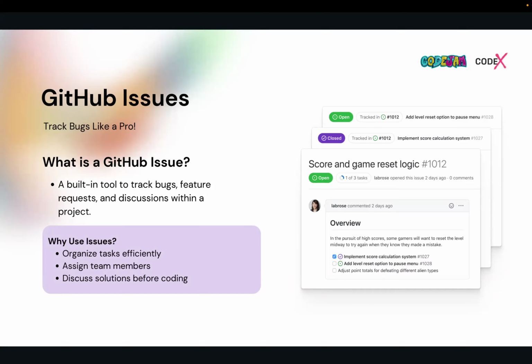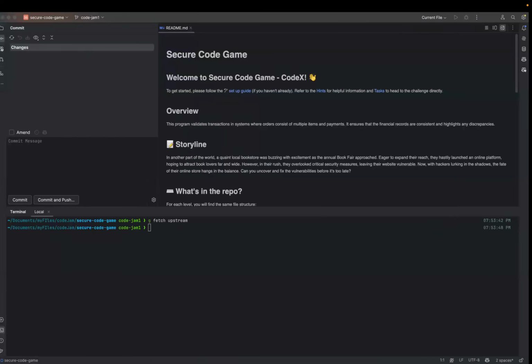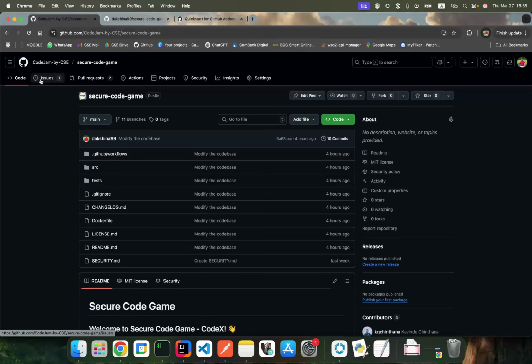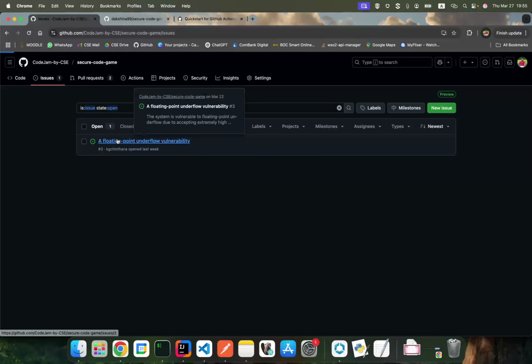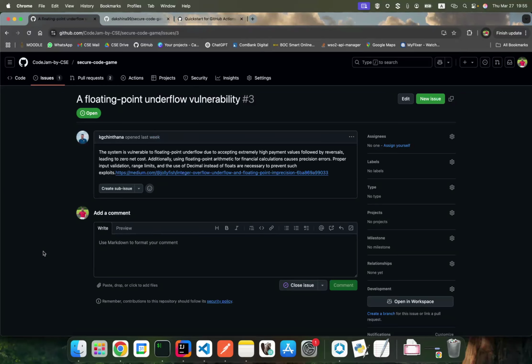So when we are working in a corporate project or an open source project, you can see there is a separate tab called issues. When you get into a repository, you can see a tab called issues. In the issues tab you can see the issues opened up by customers or open source contributors or someone else to your project, or to the open source project.